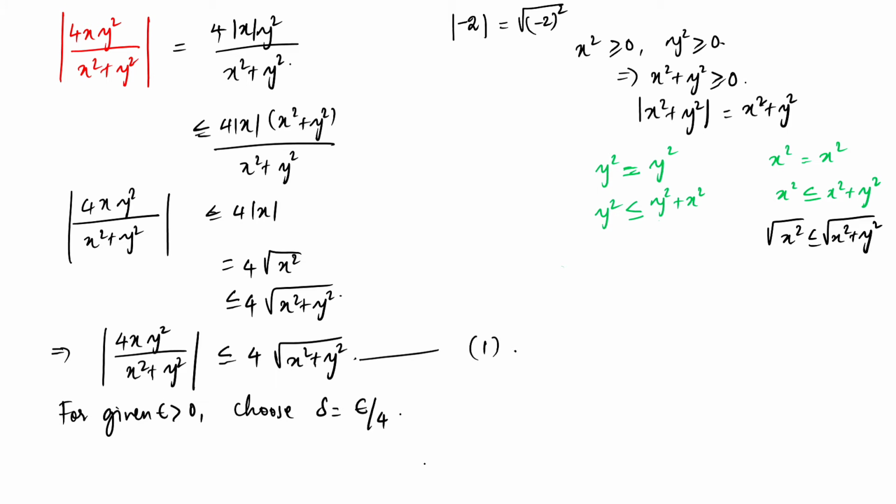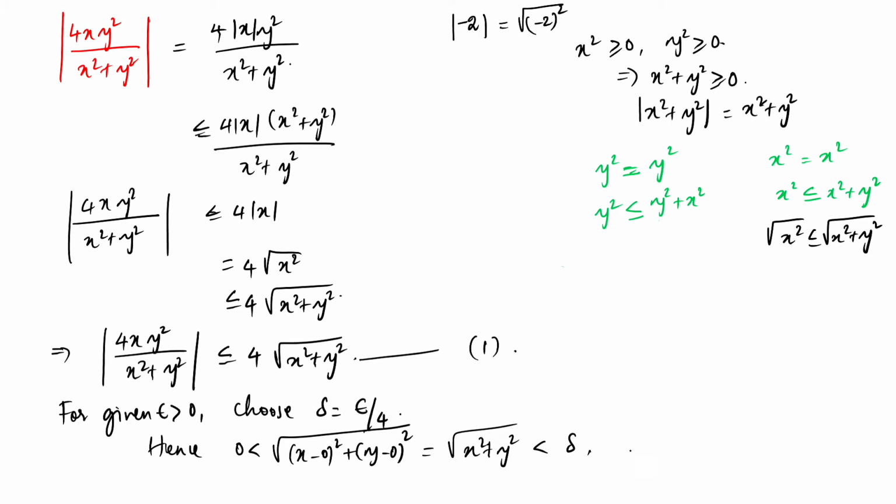That is the condition for epsilon. Okay, so I have chosen this way. Hence, 0 excluded, under root (x minus 0) squared plus (y minus 0) squared. What is this? This is under root x squared plus y squared. If I choose this quantity to be less than epsilon, it will imply